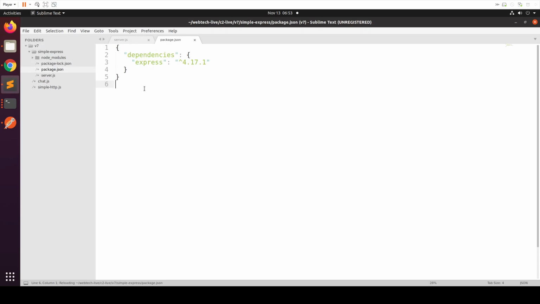Now we have this dependency. Anybody having this package.json can recreate the node modules. So let's go to our server. We're not going to do much actually. So what we're going to do is we're going to import Express, create our app,